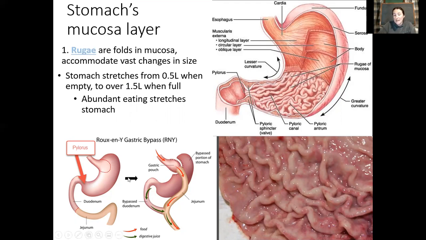I want to point something out here, and we're going to come back to this. One option for a surgical weight loss solution is called a Roux-en-Y gastric bypass surgery. I'm going to bring this up because it's kind of clever, and we're going to see how it fits into the function of our digestive system here. But essentially, right, esophagus to stomach, food then goes into the duodenum in a normal, unsurgically